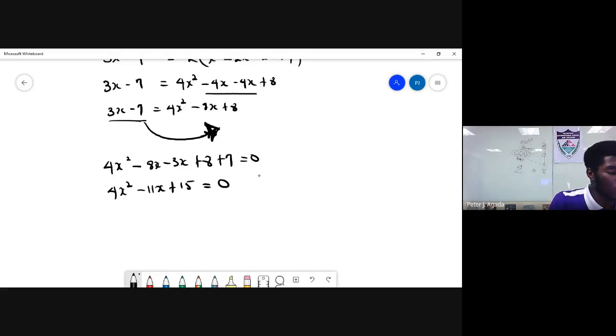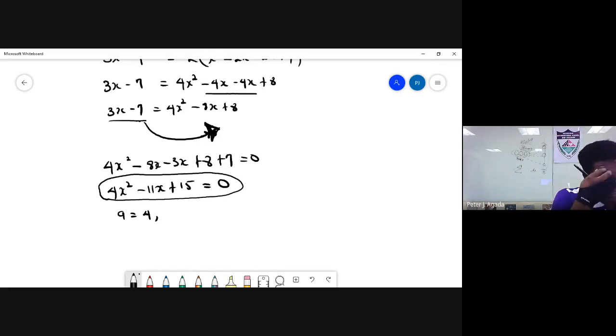Having this one now, I can also determine that my a is equal to 4. Depends on the method you always want to use when solving a quadratic equation. But now we have a quadratic equation, and you can solve appropriately using whatever method you'd want to. So if we go on, I can decide to use a general formula, or I can use a simple factoring method. So let's use the factoring method for this one and see.